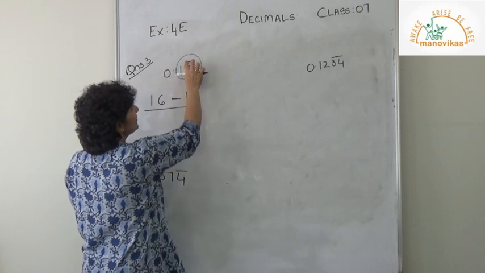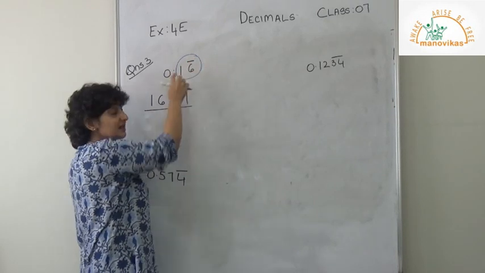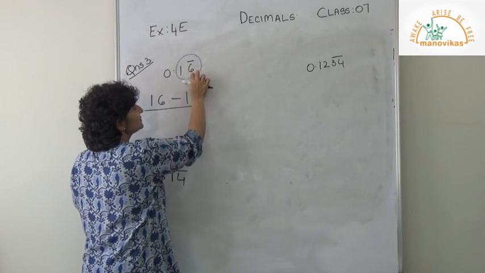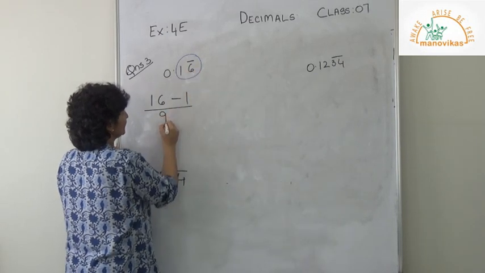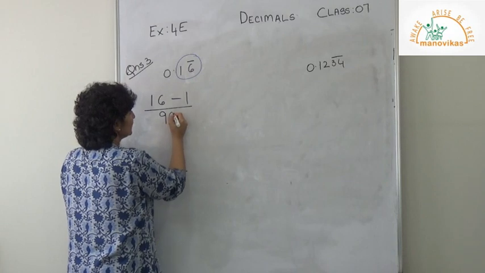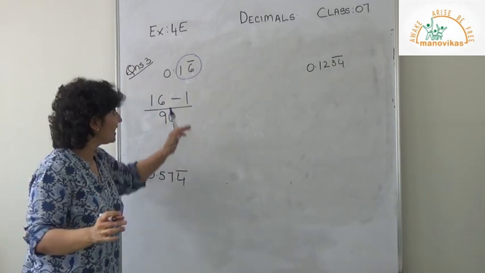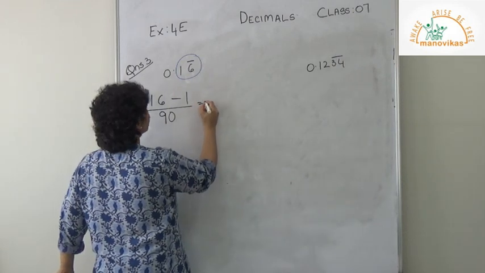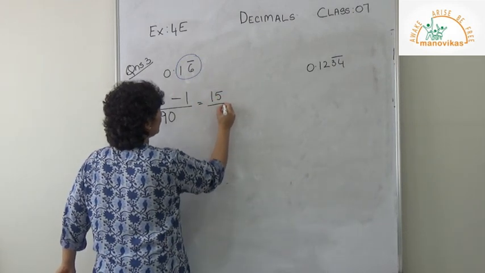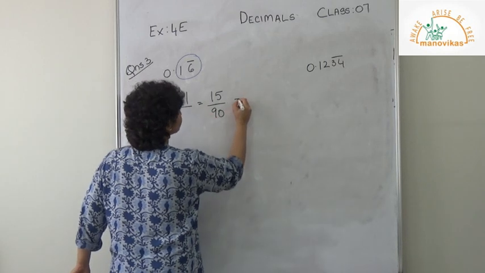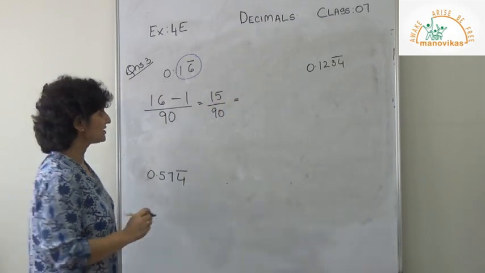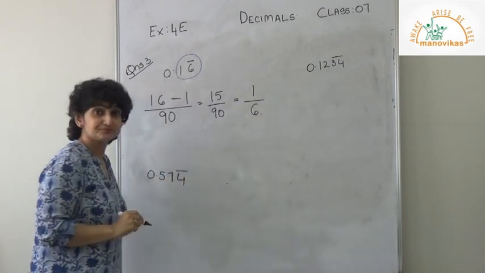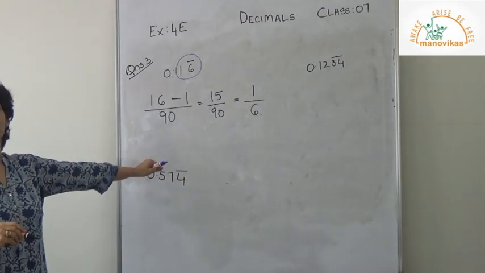Now, what did I tell you? Wherever there is a bar, that number, now we are talking about the denominator, remember. So wherever there is a bar, this becomes 9. And where there is no bar, after this, that number becomes 0. So what do I get? 15 upon 90. Right? You can reduce this, so you get 15 ones are 15, 6. Now, you will tell me how we do this.